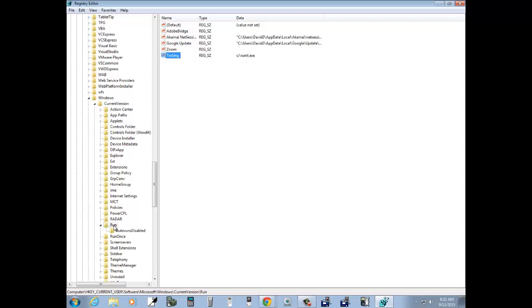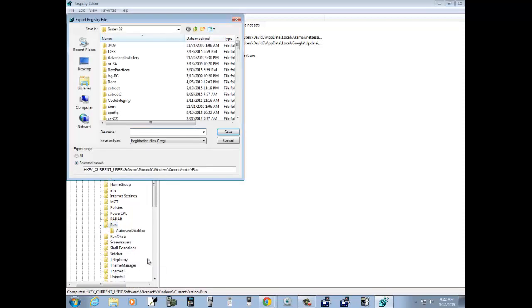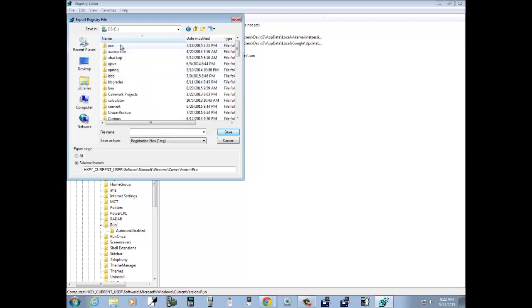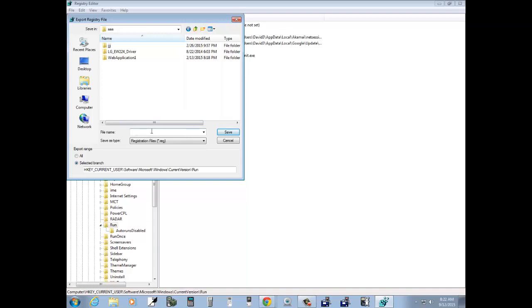Okay. Now I want to make changes. So I'm going to back this up first. Once you got the run highlighted, you can right click on it and you can choose export. Then at that point, we want to store the file, and I'll store it in this location here, and I'll call it backup run.reg. That indicates it's a registration file. Now if I click save,